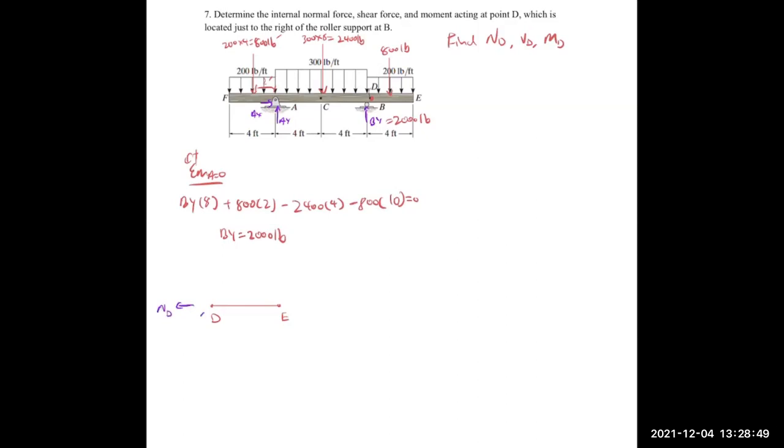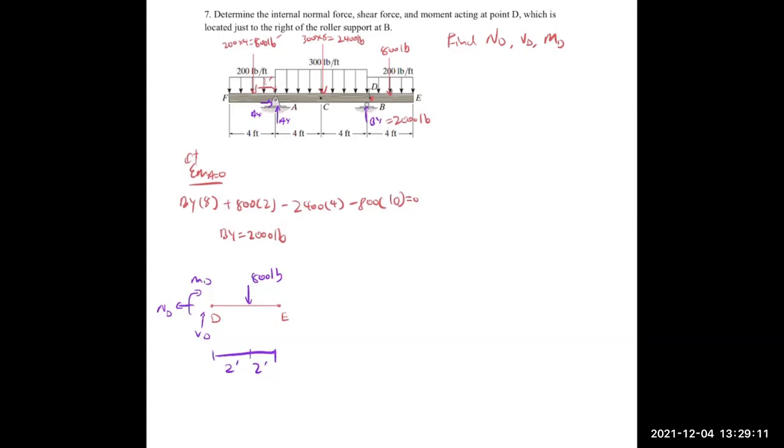Of ND, BD, and MD. Then the load is 800, 2 feet, 2 feet. Okay, so actually we don't need to use that BY, but if the problem in the exam is asking me to find out